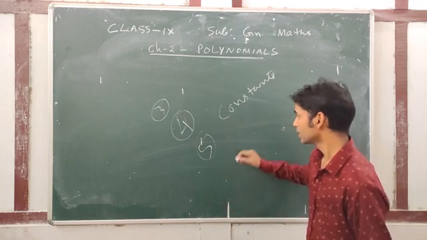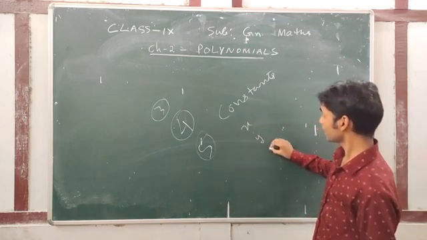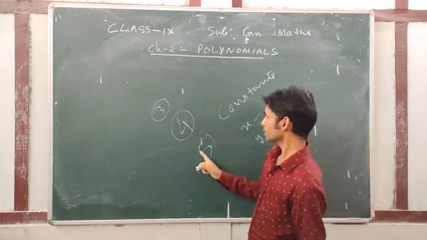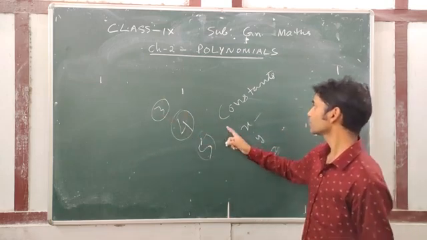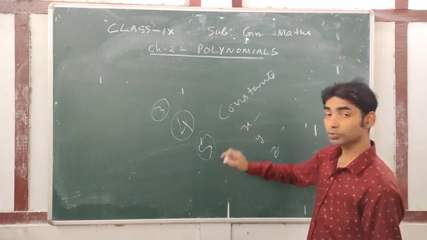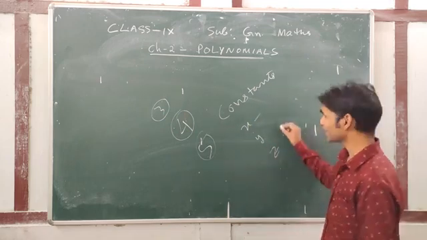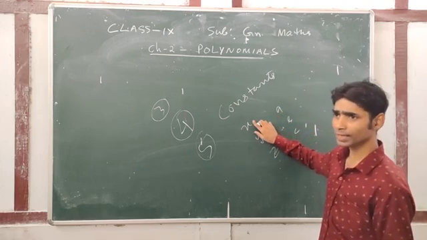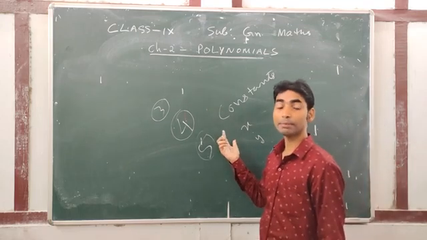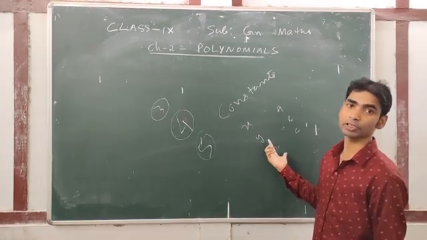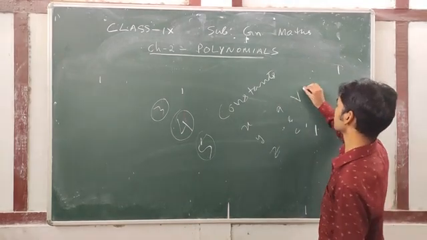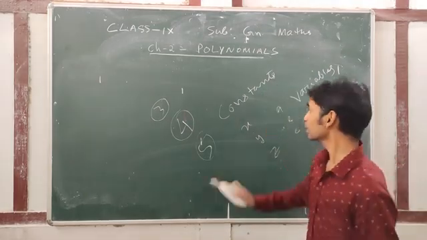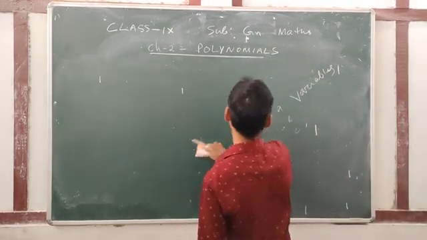And those mathematical symbols which do not have a fixed value, which position-wise can take different values, are called variables. Just like we use x, y, z, these are called variables. So any mathematical symbol which has a fixed value, 3, 4, 5, is called a constant. And those that do not have a fixed value, like x, y, z, a, b, c, these are some alphabetical symbols. They are used for different purposes and can take different values in different situations. So these are called variables. V-A-R-I-A-B-L-E-S, variables.